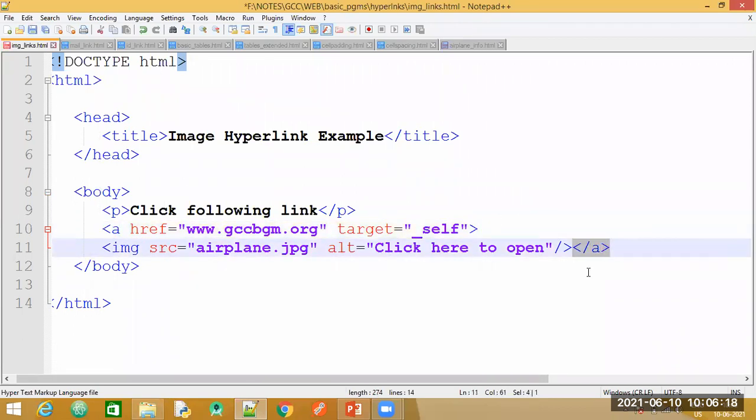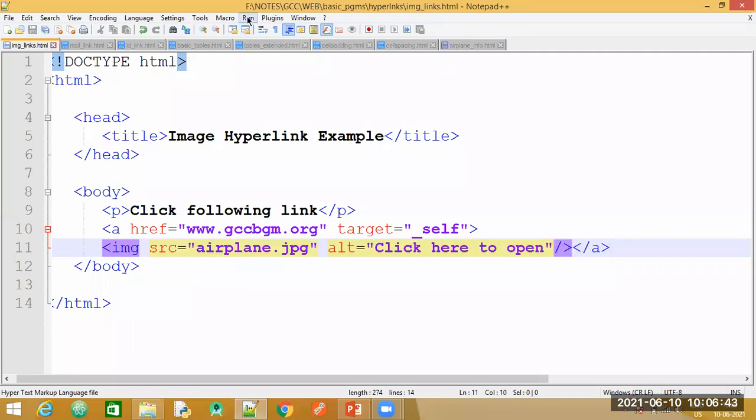So within the anchor tags, we usually specify text which acts as the hyperlink. So instead of text, we have given an image now. We have made use of the image tag. So you already know how the image tag works. All you have to give is the image source and any other properties that you want, that is adjusting the width and height or give the border. So you can even add those properties here.